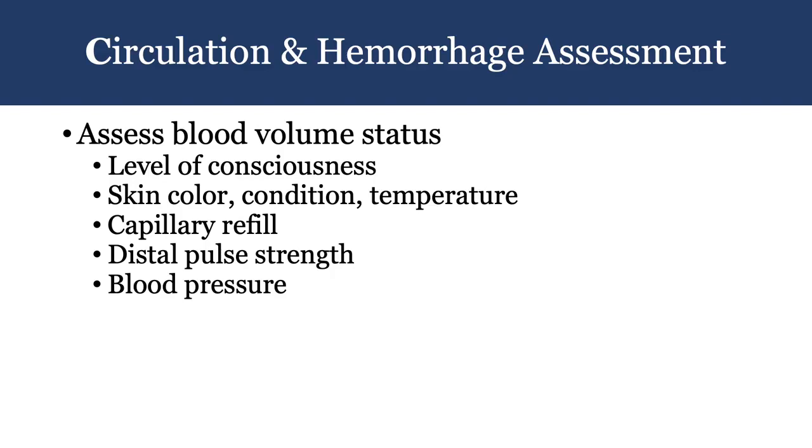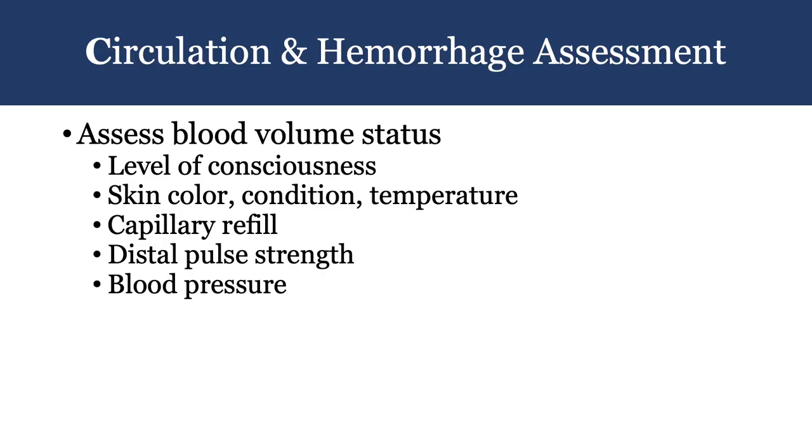life-saving. In circulation and control of hemorrhage, in the assessment, usually we want to assess the blood volume status. We start this assessment by looking at the level of consciousness of the patient. We look at the skin color, the condition, the temperature of the patient. We do a capillary refill time, and we also do distal pulses, and we want to look for strength of these distal pulses. Finally, we measure the blood pressure, and since we know the normal is